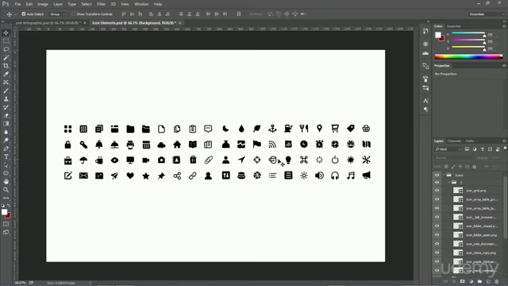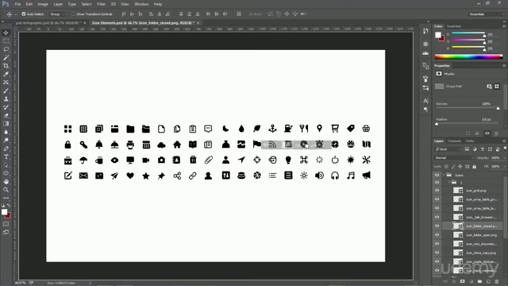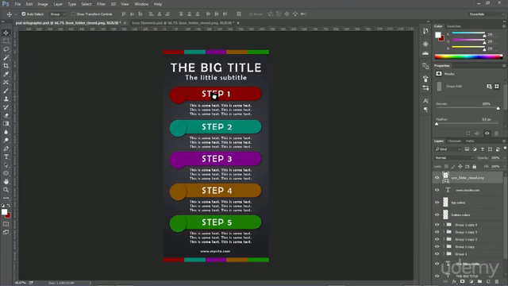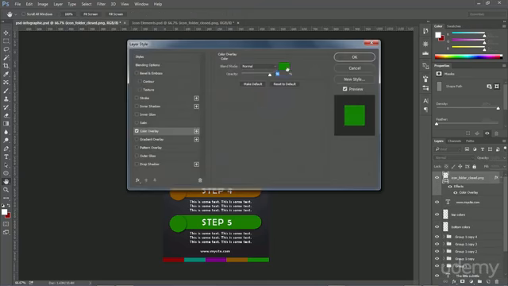So basically, let's see, if I wanted, say, this folder here, 1, 2, 3, 4, 5, that's the 5th one over. Let me just see. Yeah, that's the one. So I'm going to click on that. I'm going to left click, hold it down, and bring it over into my document. I'm going to drop it. I can move it here on my circle. And then same as before, effects, color overlay, and then we can make that,